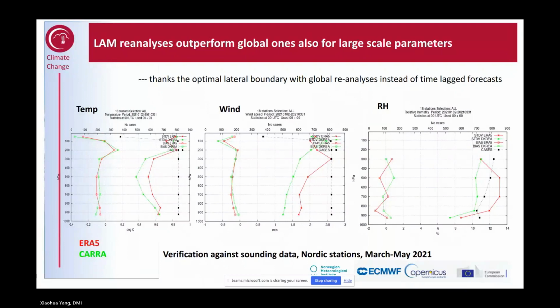So just one more evidence on top of the verification results that have been shown and will be shown on the surface parameters. We also noticed that because of the use of the ERA5 reanalysis as lateral boundaries, this improves quite greatly the simulation of the large-scale parameters also in the regional models, which traditionally is handicapped because we have to use the time-lagged forecast boundary from global models. And now, because of the use of the reanalysis, you could also see that if you look at the